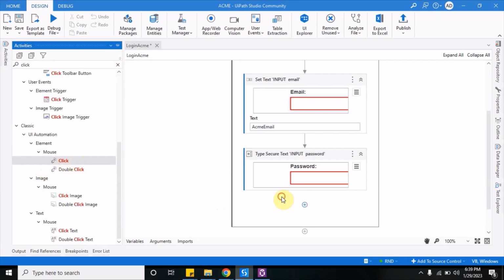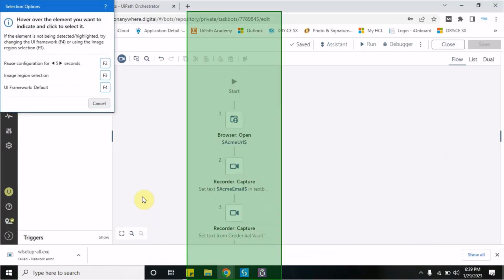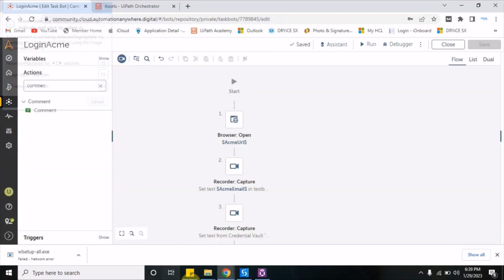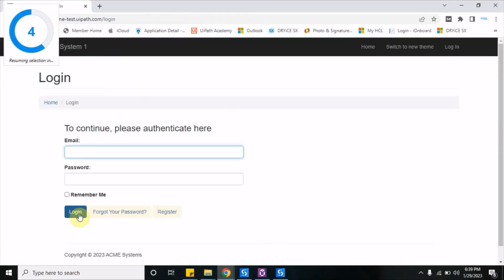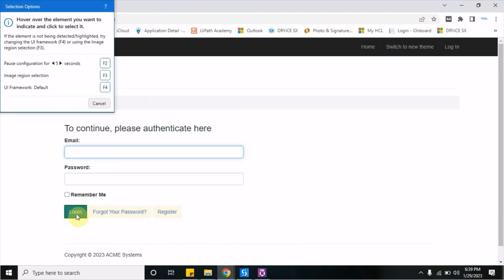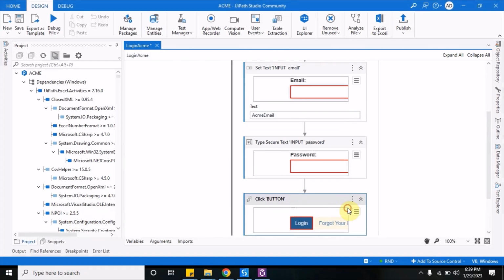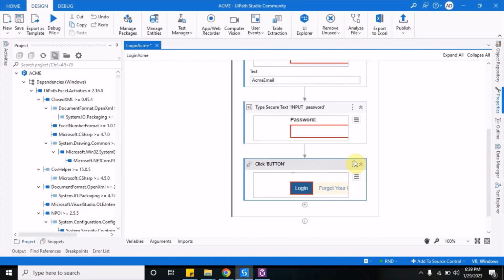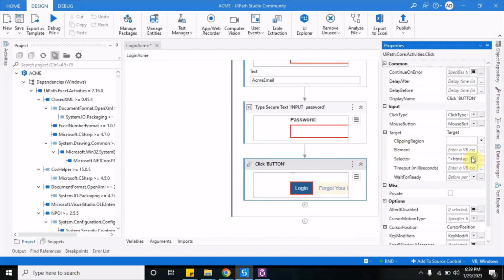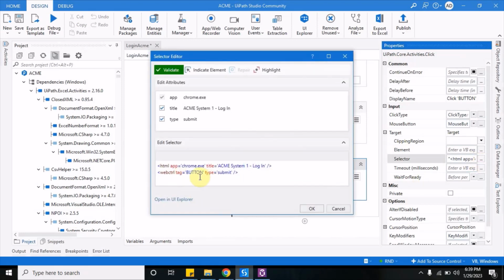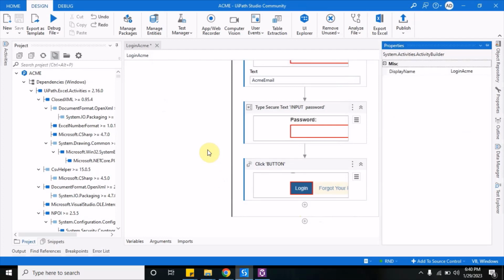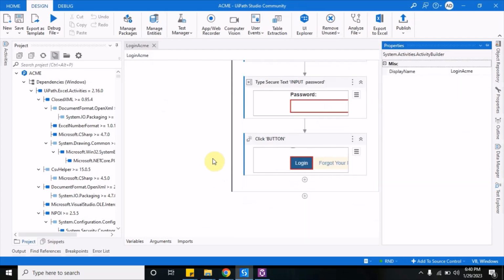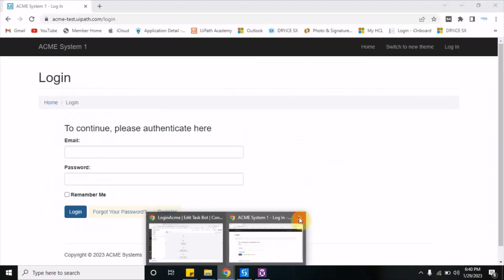Use click activity here, again indicate on screen. I'll go to that screen, so I have used F2 to navigate to that screen. Now click on it, left click on it. If you go to the properties for this, select as generated, okay, with the tag button and type submit. Now what I'll do, I'll close this,